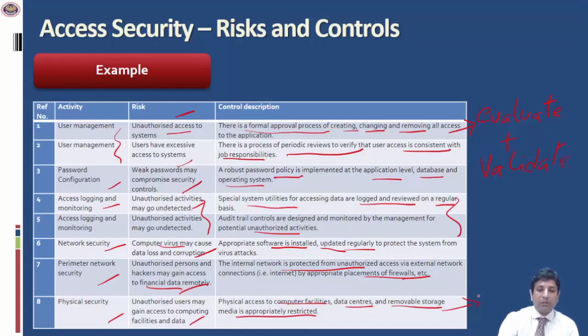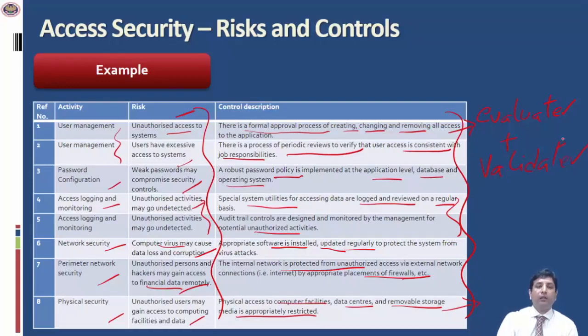So these are some of the examples of the controls which mitigate the risks for access security. There could be several other risks and other controls which mitigate those risks that we need to consider, and these need to be considered on a company-to-company basis and also depend on the scope of our audit or the business process of the client. There are many factors we need to consider, and only those controls or risks that are relevant to our financial audit need to be evaluated and also validated.